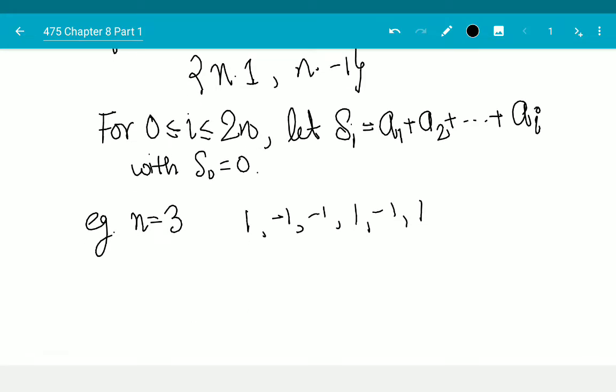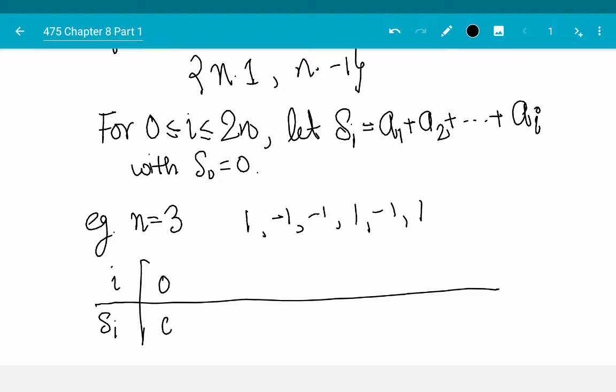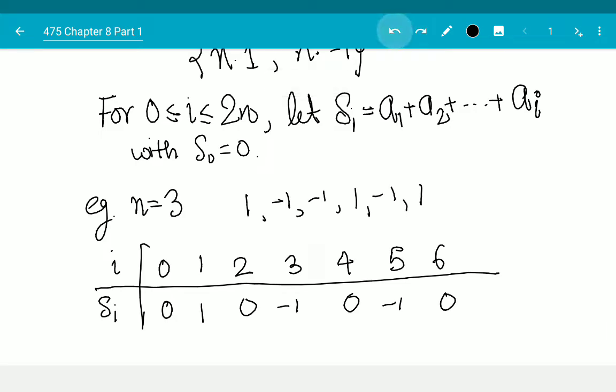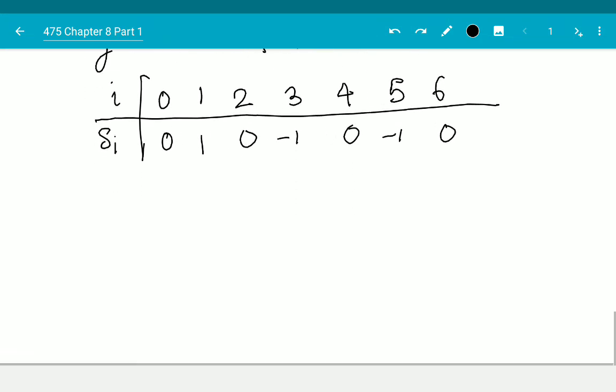Then the Si are: for 0 it is 0, for 1 it is 1, for 2 it is 0, for 3 it is -1, 4 gives you 0, 5 gives you -1, and 6 gives you 0 again. So that is my partial sum sequence. If you'll notice, S0 as well as S2n are always going to be 0, because there are exactly equal numbers of